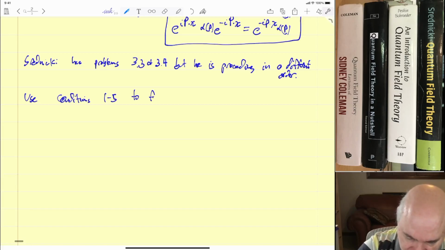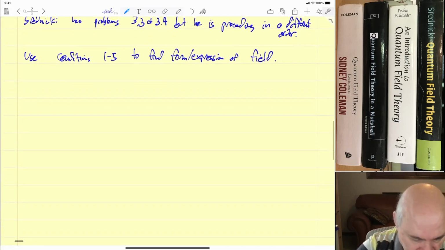Okay. So now I want to start to use our conditions to find the form of the field. And what we'll do is proceed backwards, actually. So using condition 5, and again, going back and forth between alphas and A's doesn't really make a difference at all, we can write